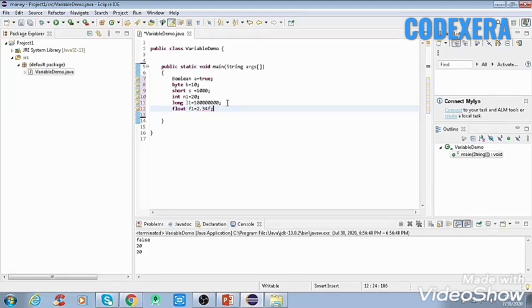So this is the value of a float. We can put a decimal value in it, and the value should have an f with it. So this was about the float data type.